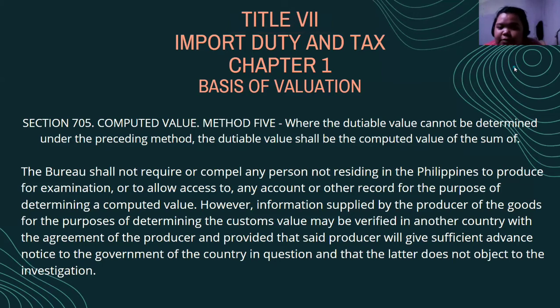So, I'm going to tackle Section 705 of Title 7, the Import Duty and Tax, Chapter 1, Basis of Valuation, which is the computed value. Computed value is Method 5, where the dutiable value cannot be determined under the preceding methods. So, the dutiable value shall be the computed value, which is the sum of: